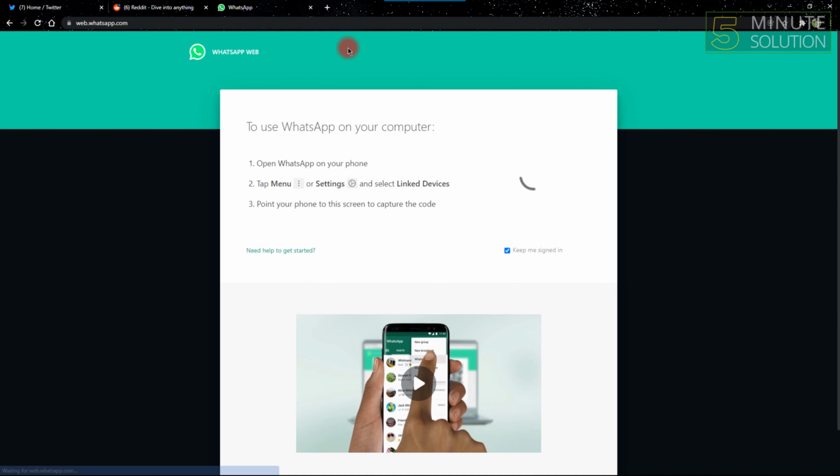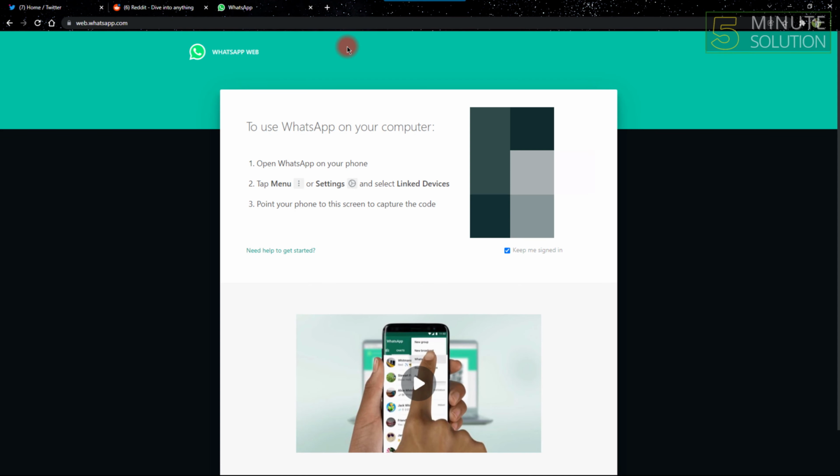And you'll be asked to use your phone to scan the QR code on the screen. To scan the QR code on this, take your mobile phone. On a mobile phone, open WhatsApp, and from there